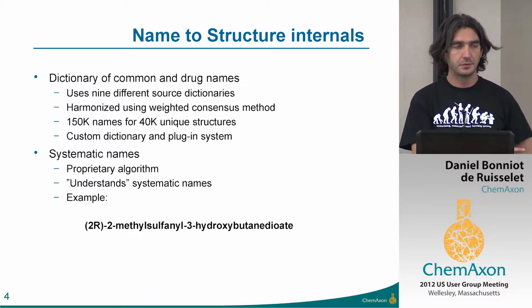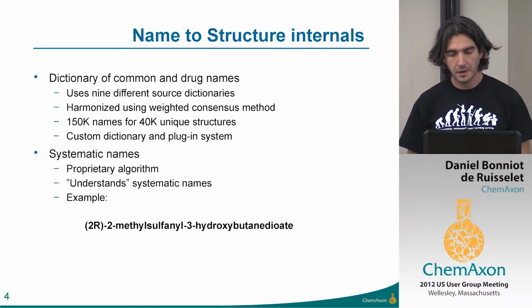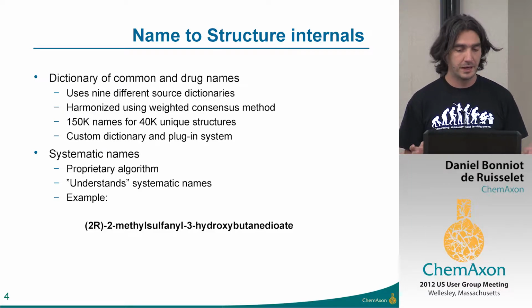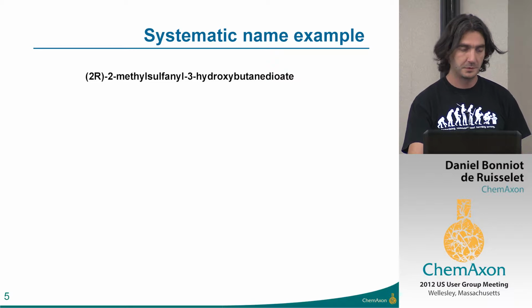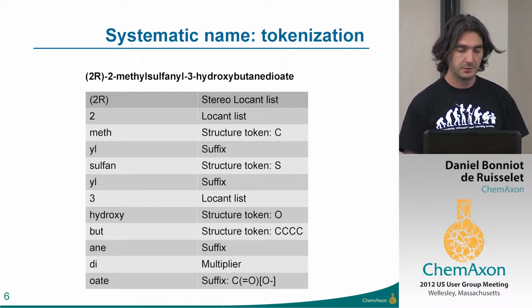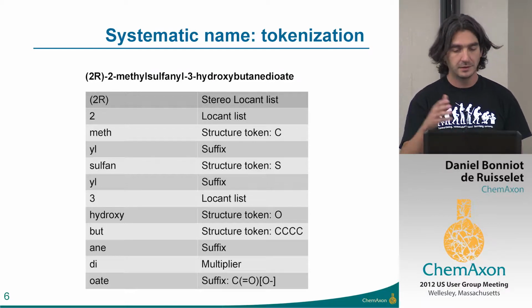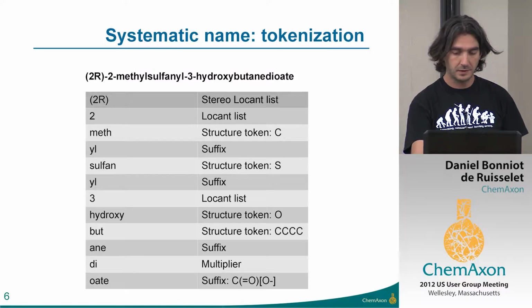And then you have the other side of the problem, which is the systematic names. For this, we have developed a proprietary algorithm which understands systematic names, and I'm going to show very quickly how this might work using this example name at the bottom of the screen. If we start with this, we split the name into a list of tokens. So 2R is something about stereochemistry, and then the 2 is a locant, etc., meth, yl, sulfan. So now we have a flat list of the components of the name, and the next stage